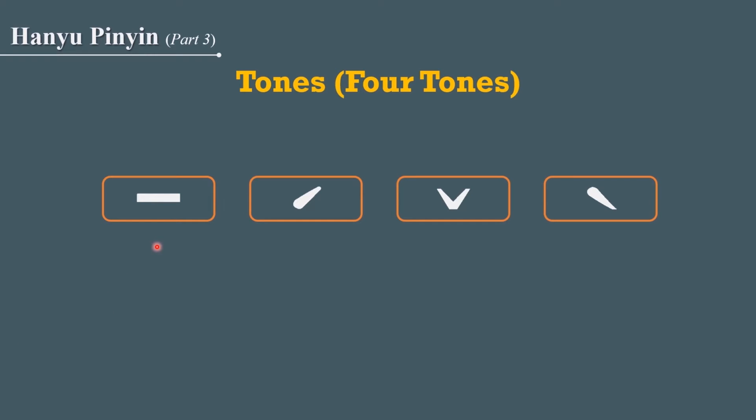This is the first tone, the second tone, the third tone, and the fourth tone. Never look down upon the small marks, because the difference in tone makes the difference in meaning. For example,